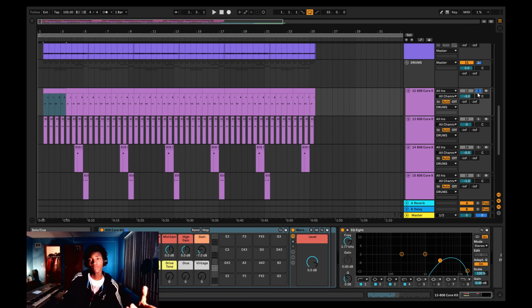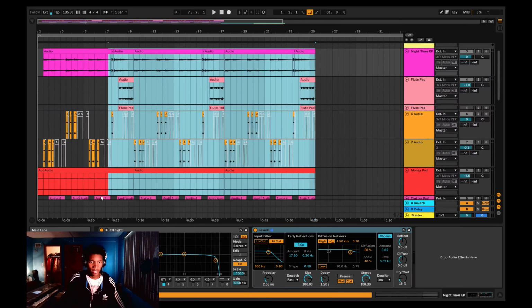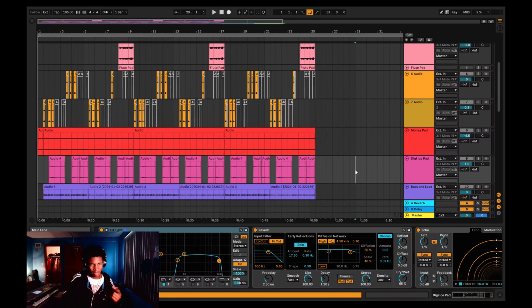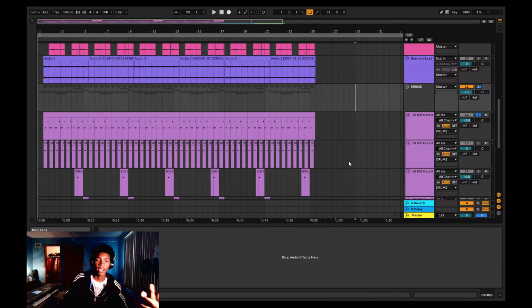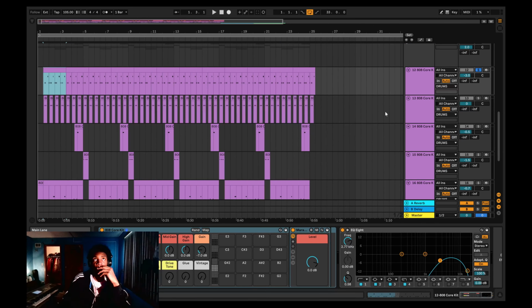So typically in my process, I start off with the basis of the idea, and then what usually comes next is bass or drums. Depends on what I'm feeling first, depends on what kind of idea I have or whatever. In this case, it came out to be the bass. And for drums, drums is almost like a tricky thing, but not tricky, because I rarely ever have an idea for drums that I want to just lay out. So usually what I do is I find a kit, I just kind of mess around until it's something I like. So here I start off with something simple,